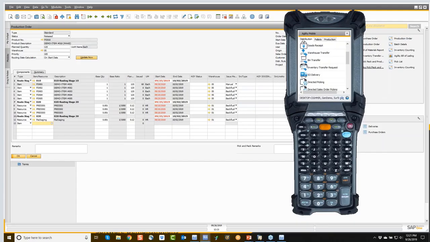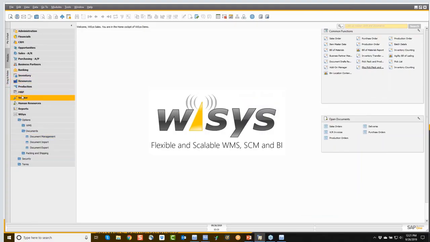So now I wanted to talk a little bit more about some composite transactions. And we have something called a production backfill. And what this production backfill allows one to do is, if you didn't want to create production orders, but yet whenever you made something or you kitted something, you'd want the system to move that into inventory and automatically backflush its components. So what I have set up is